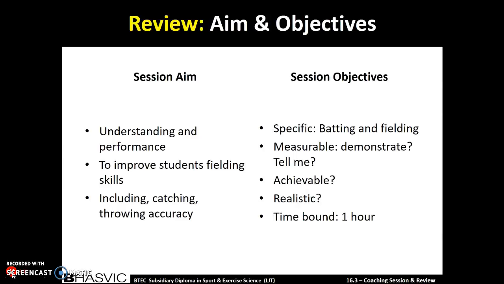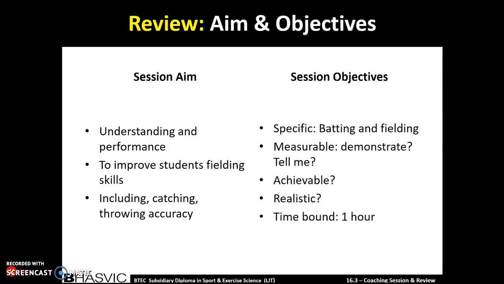Also, I made sure that it was within the right time slot, which is the time-bound factor of this. So it was around about an hour, which was what I needed my session to be. Also, the way in which I measured was very helpful, because I got people to tell me answers without me just giving it to them and talking the whole time.